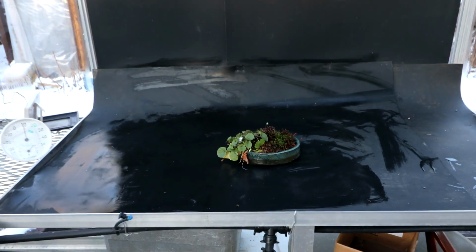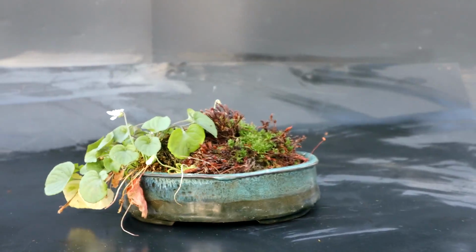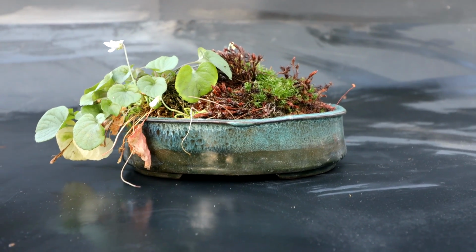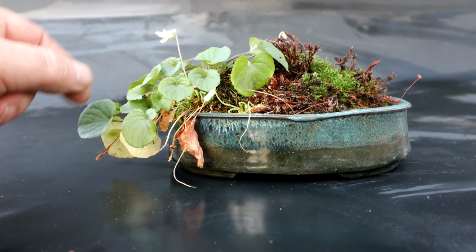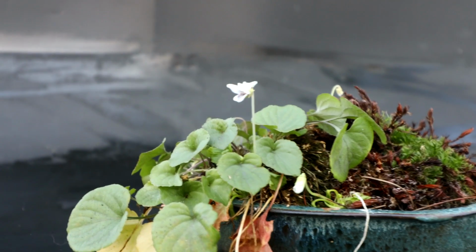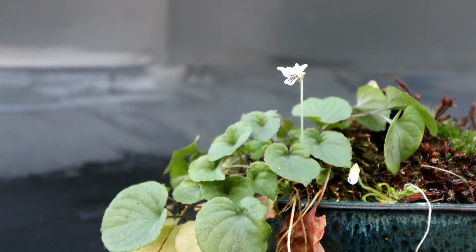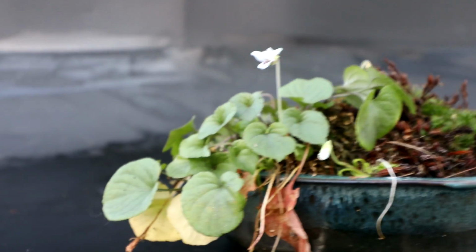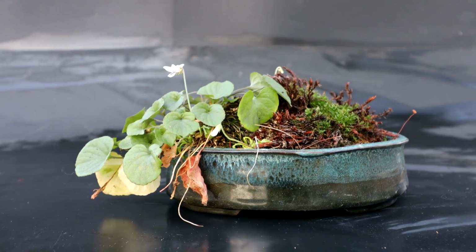My last update for today is a planting in a pot by Isabella. And it's just a section of my backyard that I dug up. It had some moss, and I don't even know what these plants are. But they have little, I guess they look like a little pitcher plant or orchid or something. I don't know. They're just beautiful. Beautiful little flowers. I have no idea why they're flowering this time of year, but what a pleasant surprise to